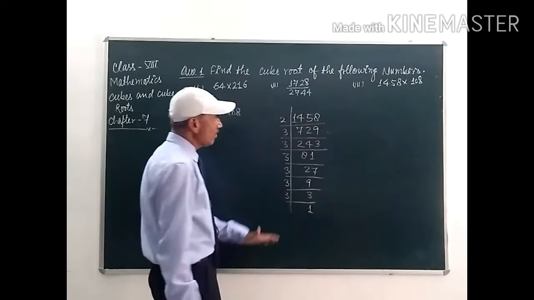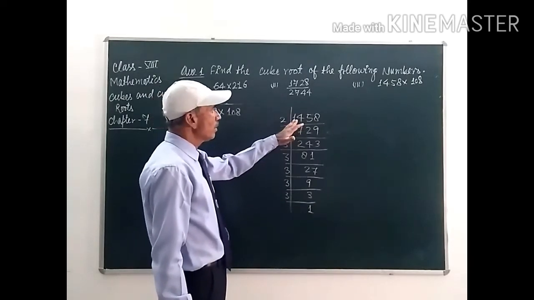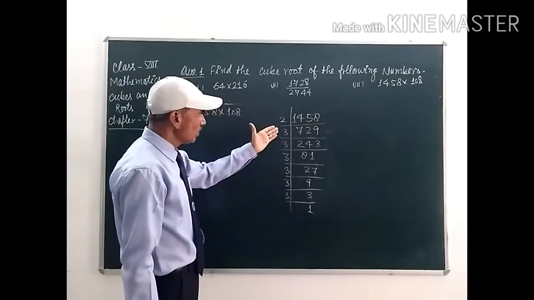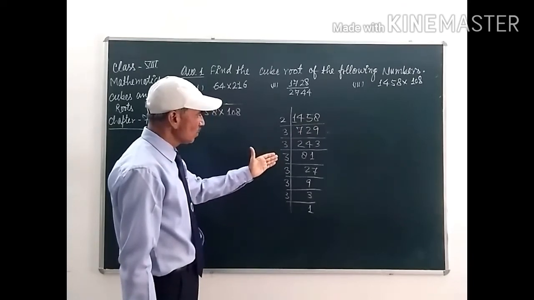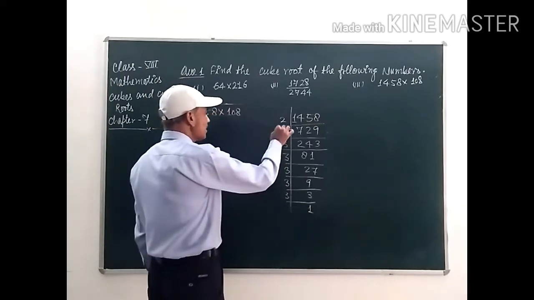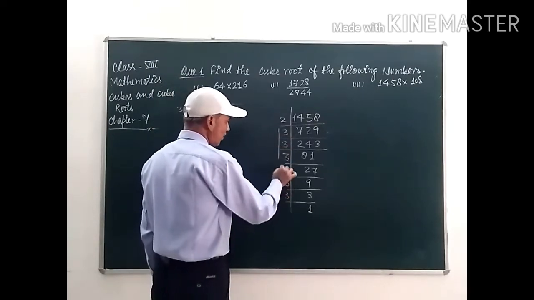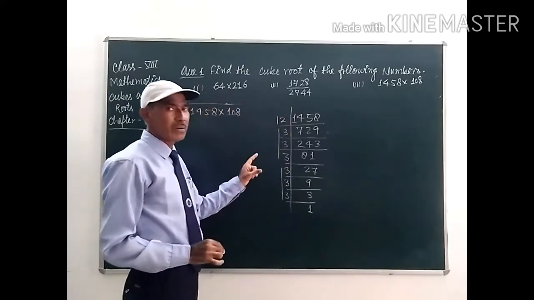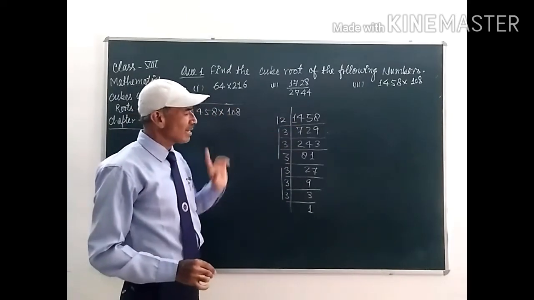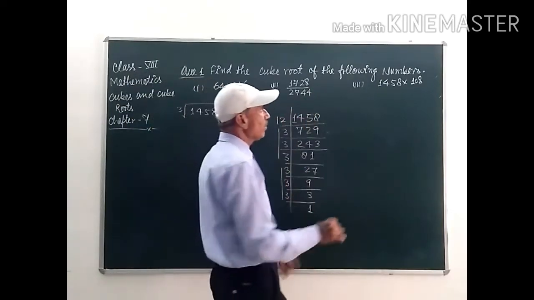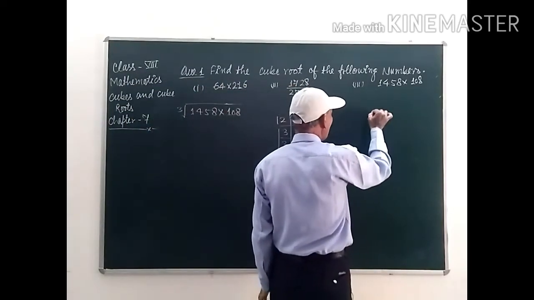1. So, prime factors of 1458 are 2 into 3 into 3 into 3 into 3 into 3 into 3. 3 is 6 times, students, okay, and 2 is 1 time only, okay. So, this number is not a perfect cube number, and we are going to find out the prime factors of